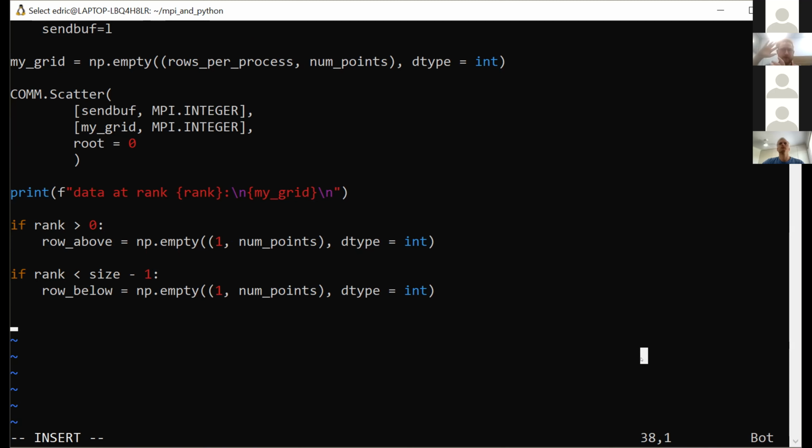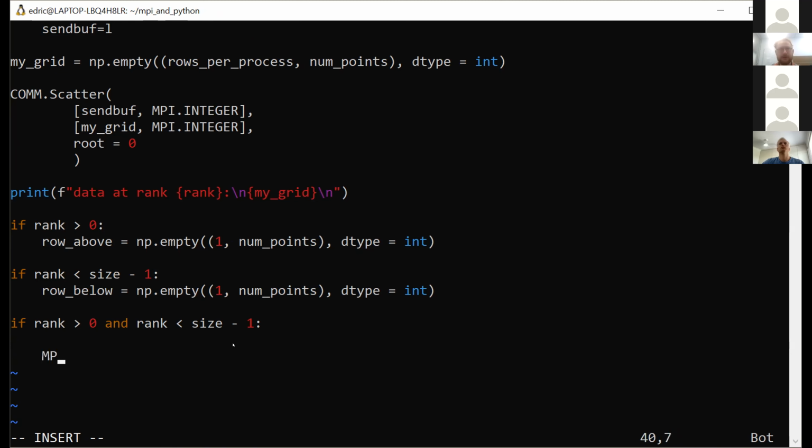So this is going to be the most generalized scenario for our parallel program. So we'll say that if the rank is greater than 0 and also smaller than the highest numbered process,